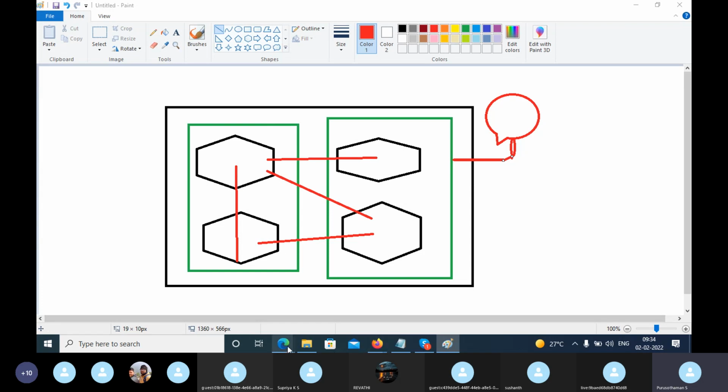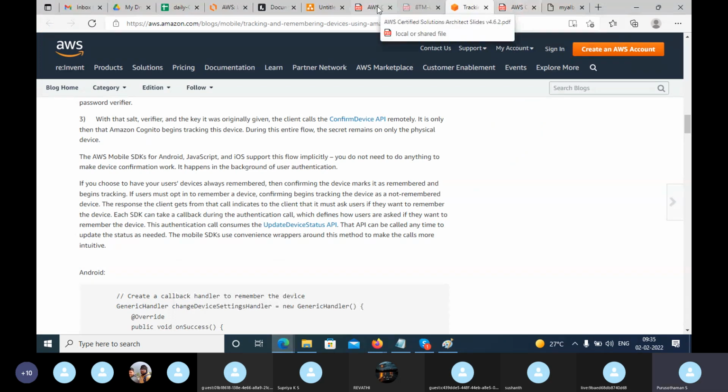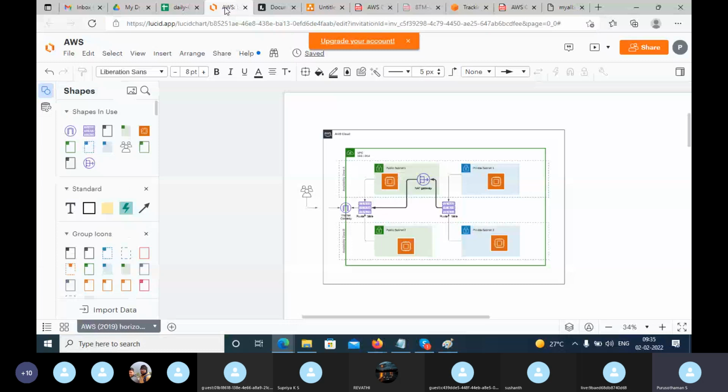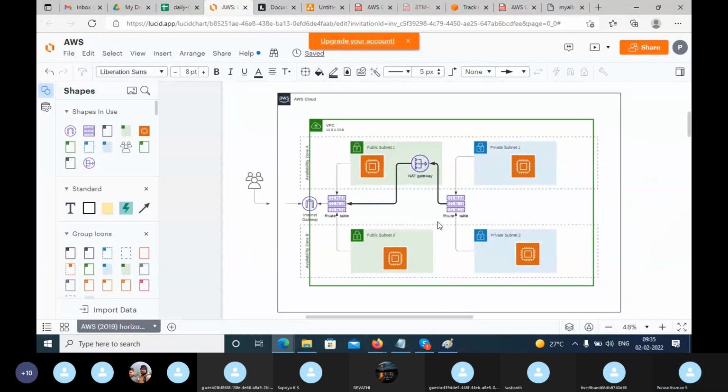So let me look into this architecture diagram once again. I can show it. I think this one, no, this is the service based one. So kind of this thing. Okay, once again I remove the additional components.